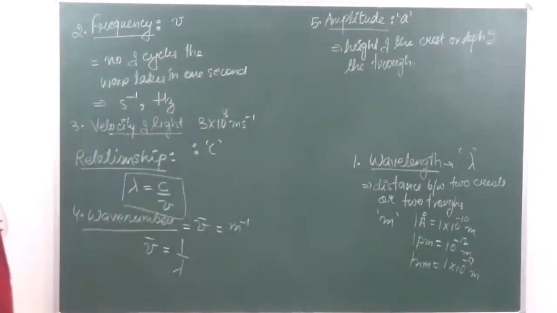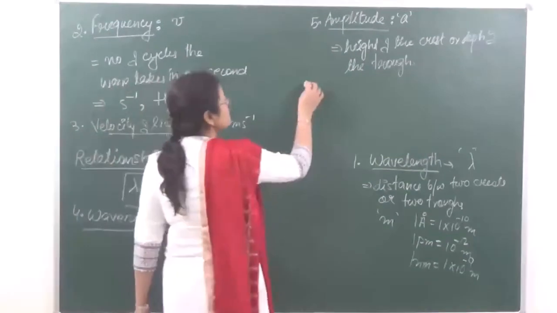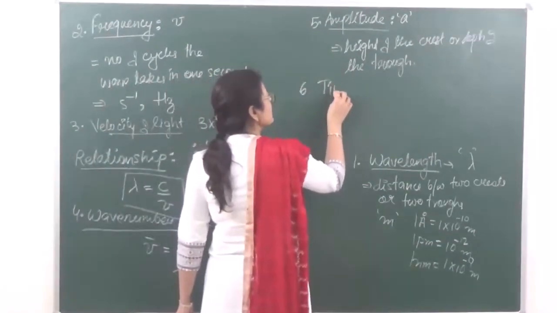It is the height of the crest or depth of the trough. This is going to be measured in meters. Because it is the distance, it has the same unit as what? As the wavelength, right? And then after that, we have another thing which is known as